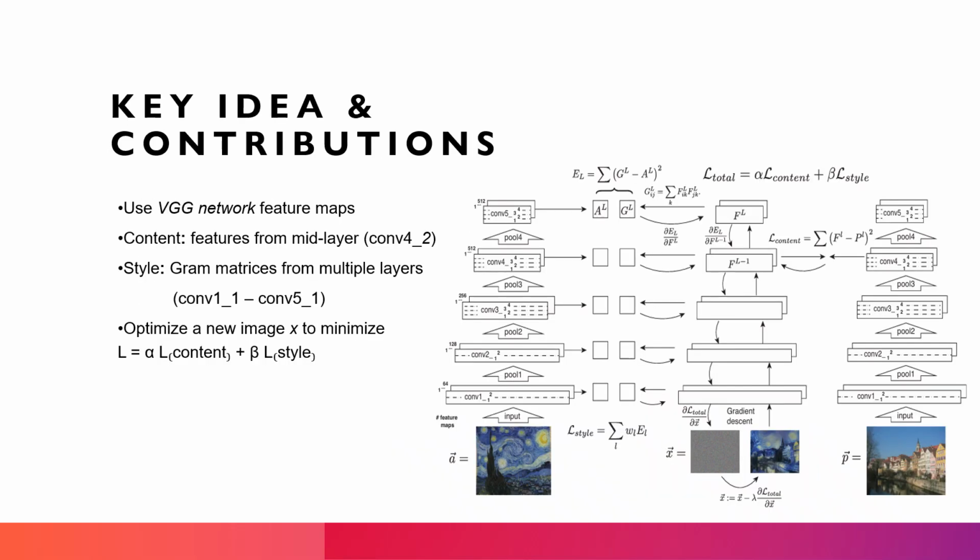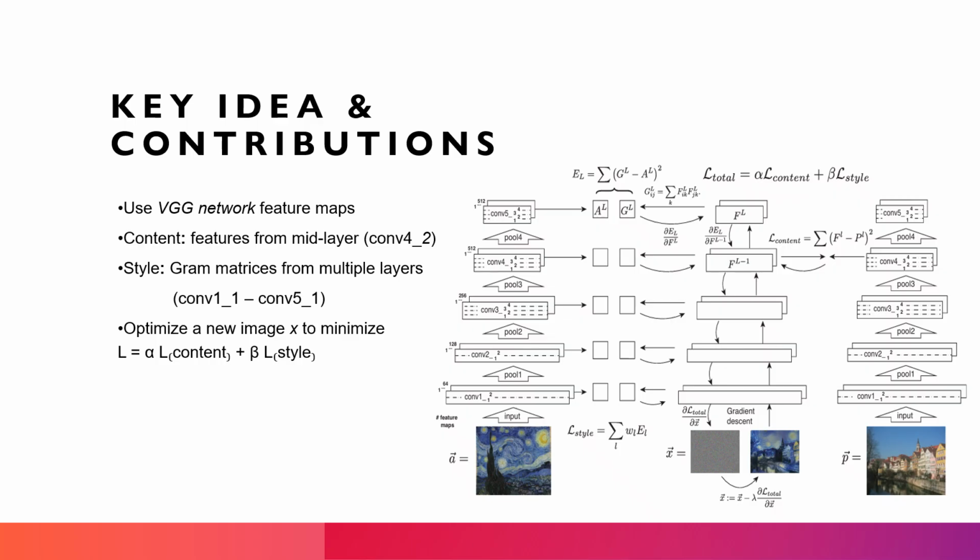The key idea in this paper comes from understanding that different layers of a CNN learn different types of information. Early layers learn edges and small details, middle layers learn shapes and arrangements, and deep layers learn high level structure. The authors use a pre-trained VGG19 network and extract two different features. One is content features and the second is style features. Content features